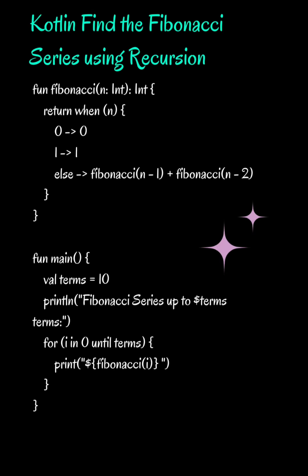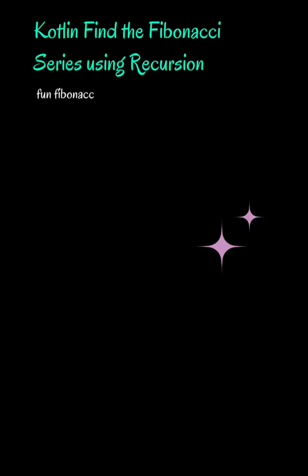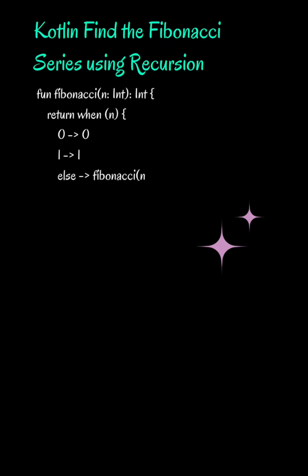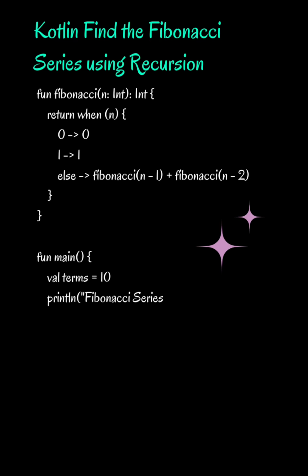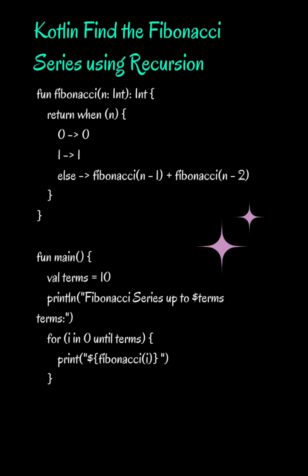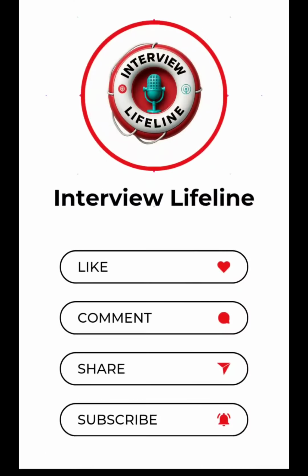Finally, you have the recursive step itself. For any number n bigger than 1, the function calls itself for n-1 and n-2, then adds those results. Now, this looks elegant, right? But here's the warning. This recursive way can get really slow for larger numbers because it ends up doing the exact same calculations over and over again. A lot. Still, this approach is a fantastic, really foundational way to understand how recursive functions break down problems into their simplest